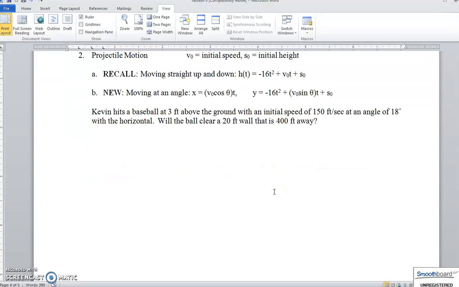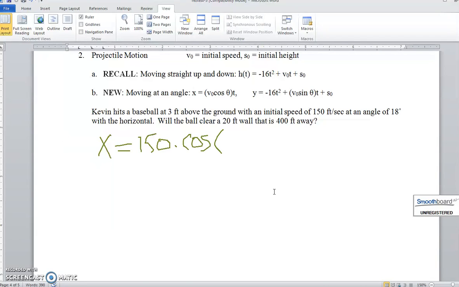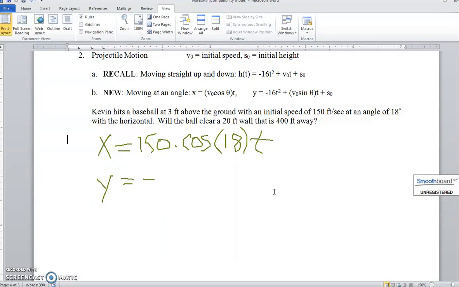For our x equation, we would get our initial velocity of 150 times cosine of our angle, cosine of 18, times time. And for y, we would have negative 16 t squared plus our initial velocity of 150 times sine of our angle measure, so sine of 18